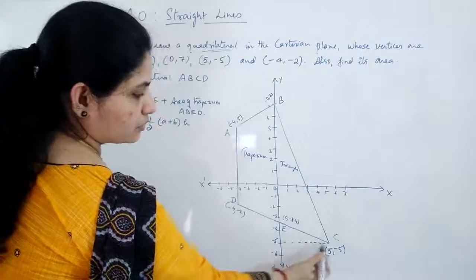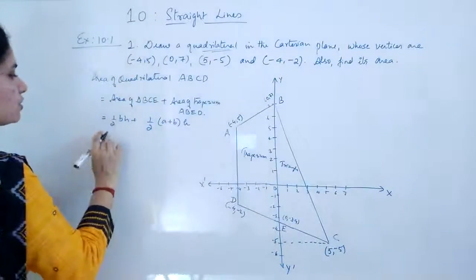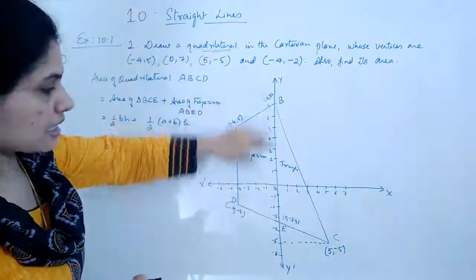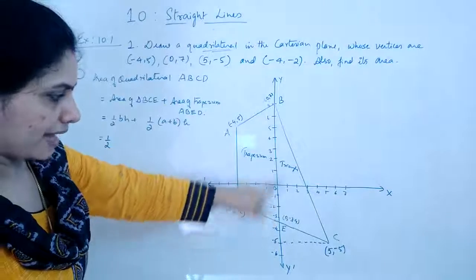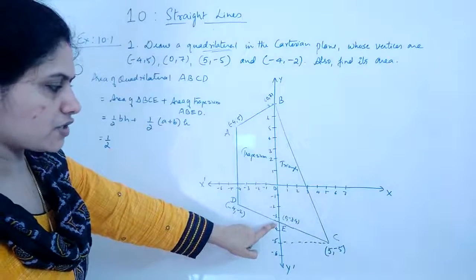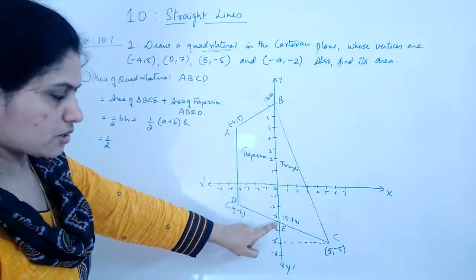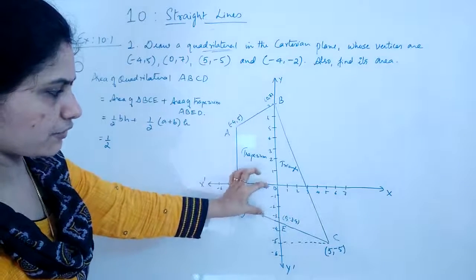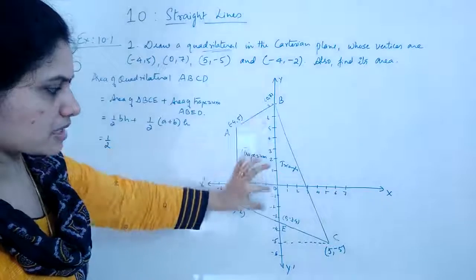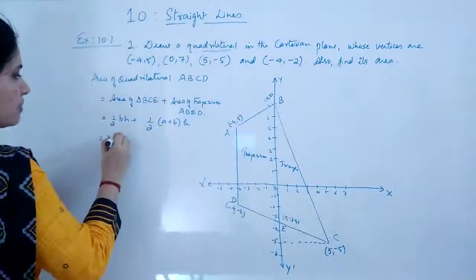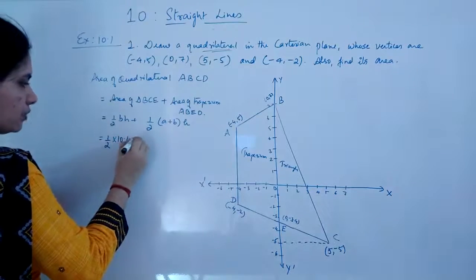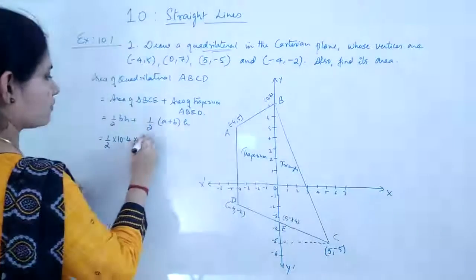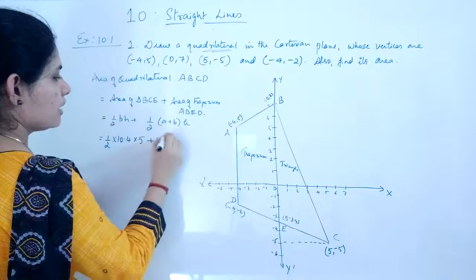Okay, so what you can have is half into base. Now for the base, it is 7 here. Here it will touch the axis, you can just see in the graph, it will be somewhat 3.4. So its coordinate is (0, -3.4). So this distance is 3.4, this distance is 7. 7 plus 3.4 will give you 10.4. So the base is 10.4 into H, which is this length, so that is your 5,